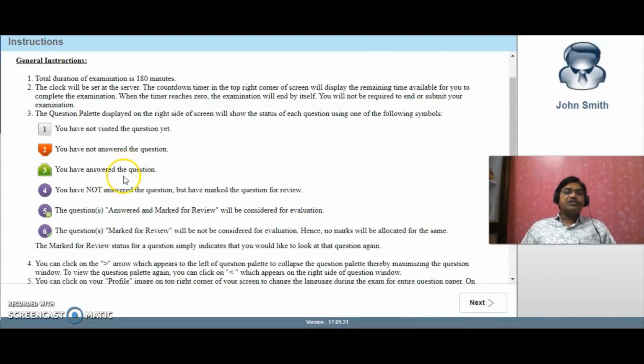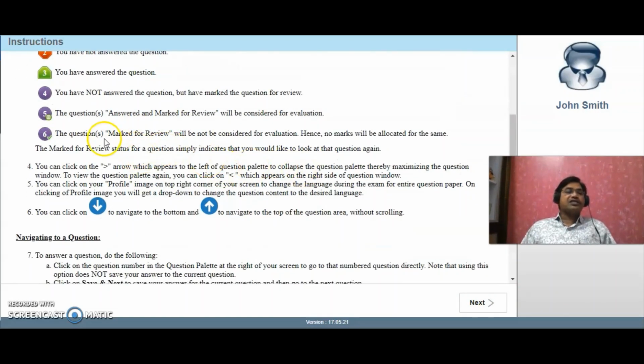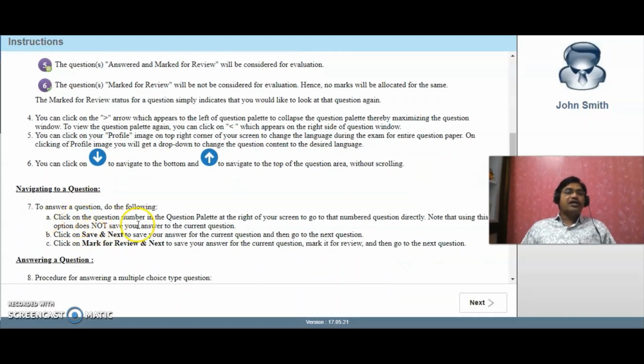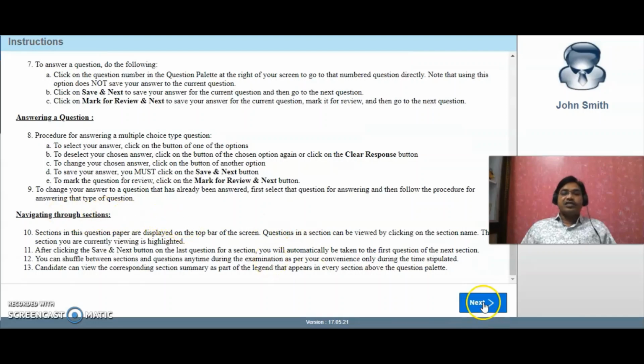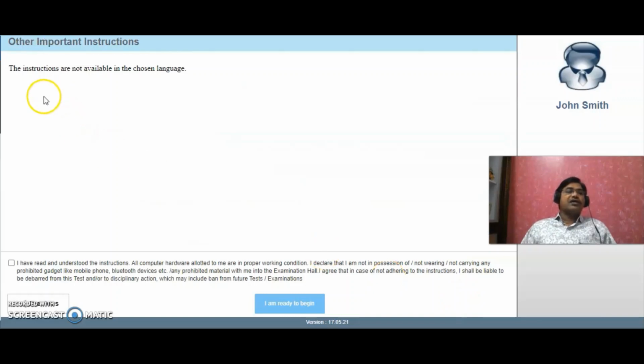After that, see here there are different instructions. This is the downward arrow mark to go to the next question, and this is the upward arrow mark for the previous question. Here is the navigation of the questions, save and next. Every time after answering you have to click save and next. These are the different instructions I already explained. Then you click here and you will get the instructions in different languages. For example, if you want Telugu, you will get it in this box, and here if you want to go previous, you can.